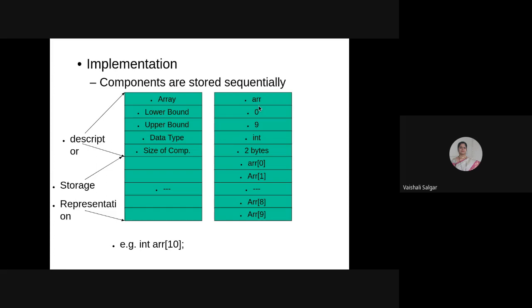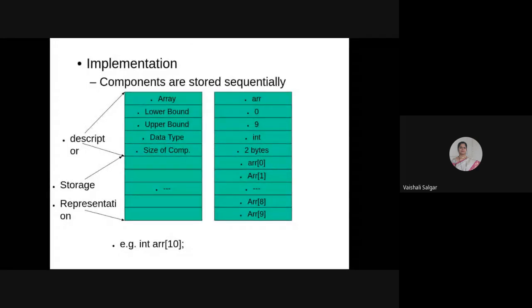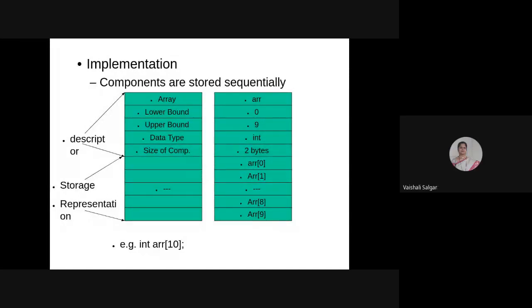Over here we said 10, right? So the total elements in the array, we have specified the size as 10, and we know that the index starts from 0. So the lower bound, that is the lowest index of that particular array, will be 0. Now, in this case, what will be the upper bound? When there are 10 elements and the lower bound is 0, then the upper bound will be what? 9. Correct. Over here we are saying array of 10, but the index starts from 0, so the upper bound is 10 minus 1, that is 9.